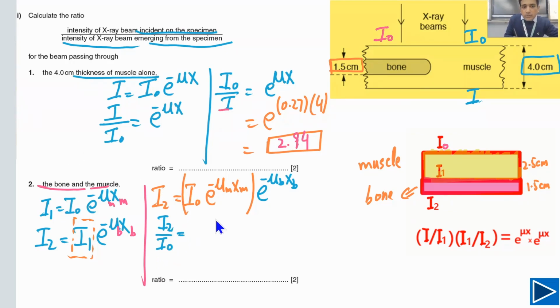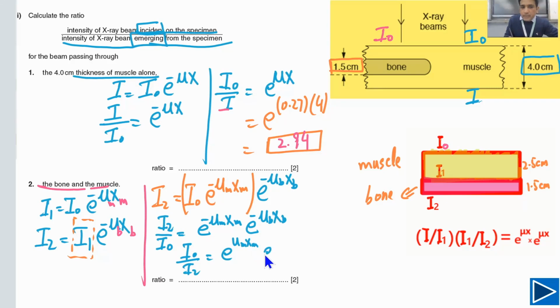So now what we are left with here is e to the power of negative mu m xm, and e to the power of negative mu b xb. The question is asking you to find I naught by I2, because incident over emerging means I naught by I2. But here you have I2 by I naught, so simply you need to flip. So I will write here that I naught by I2 has to be equal to e to the power of, this minus becomes positive,